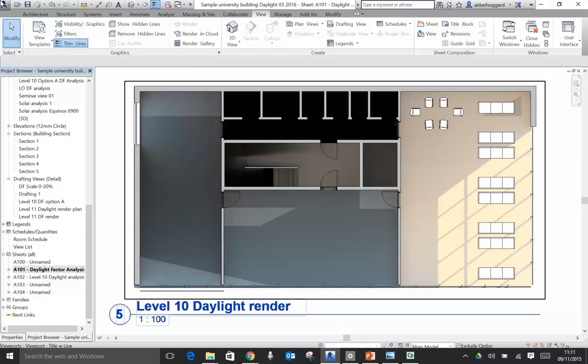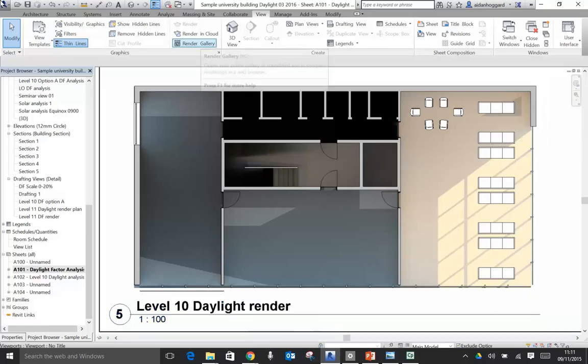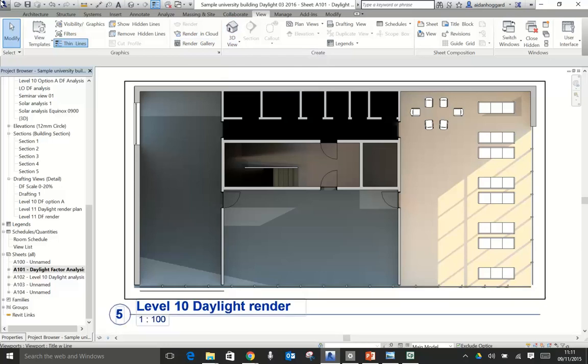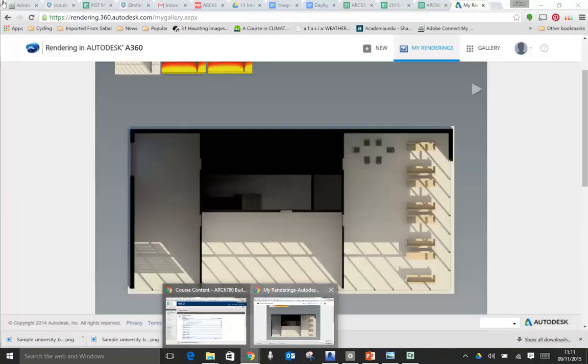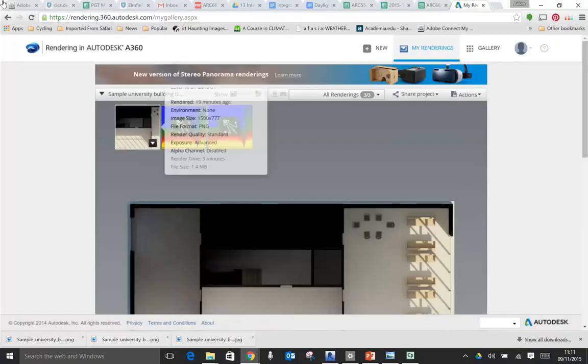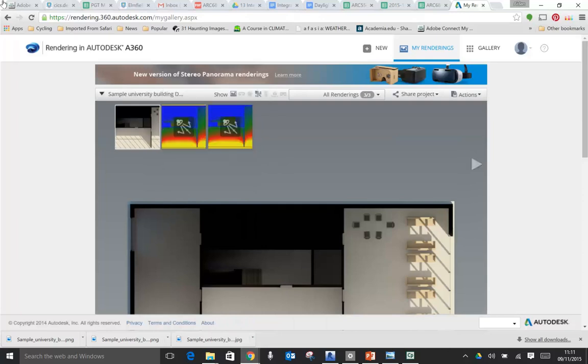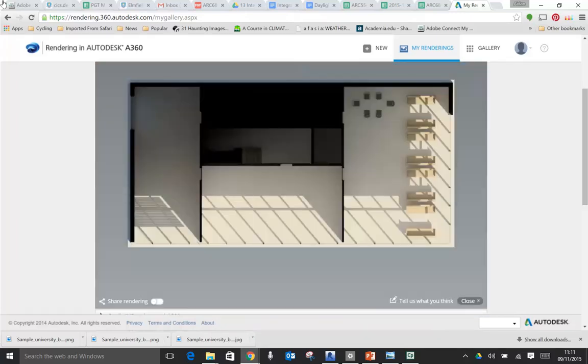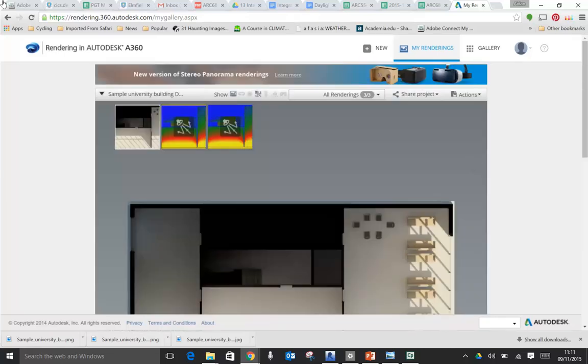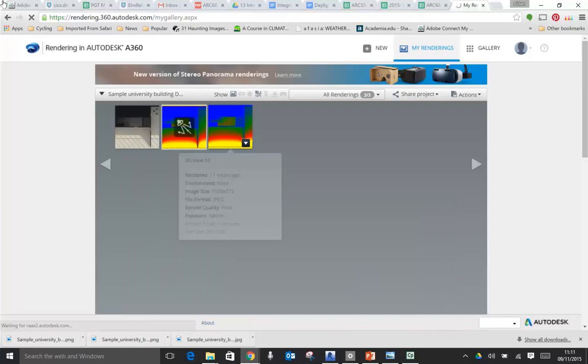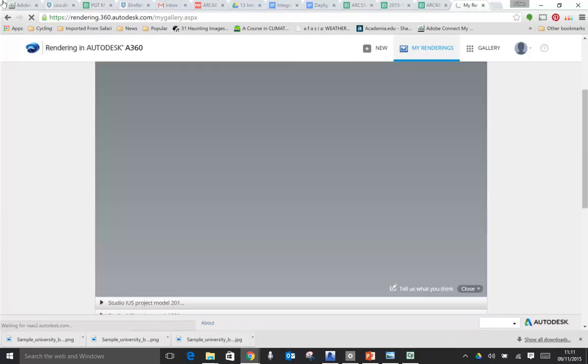Okay, so we sent off those renderings. If you click on your render gallery button here, that will open your web browser and take you to your renderings. I've already got that open. So here are those two renderings that we sent. This is actually the second rendering, which was the visualization of the plan with that simulated daylight. And the first one was our daylight factor